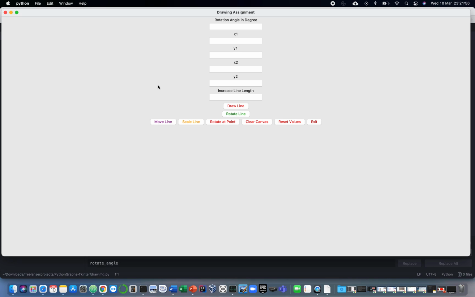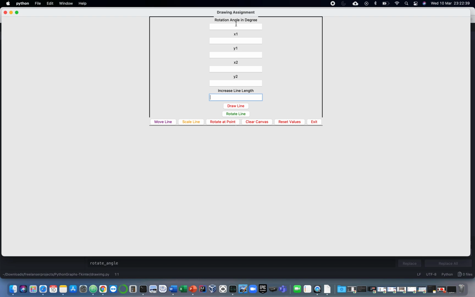If you are interested in creating a desktop application using Python, yes, Python, something which you can see here in this application, in the coming lessons you will learn how to create input boxes like these to put a value there. We will create how to draw a line based on these coordinates, x1, y1, x2, y2,